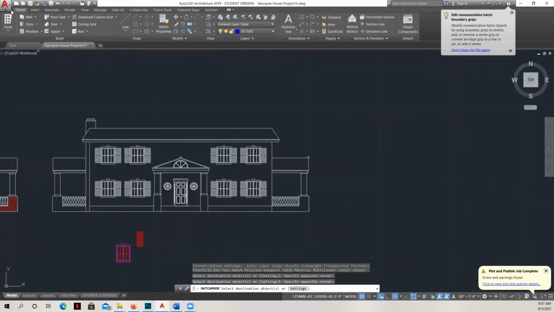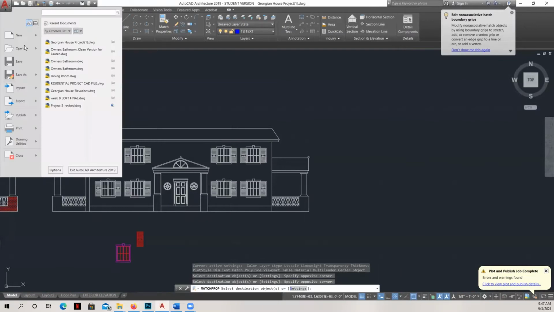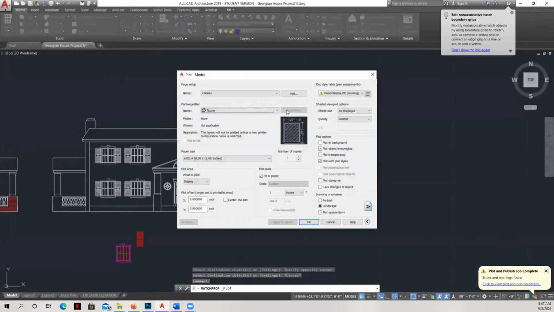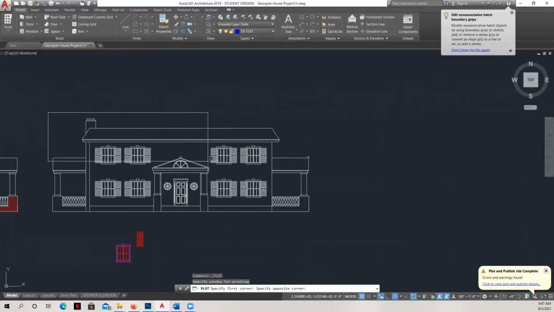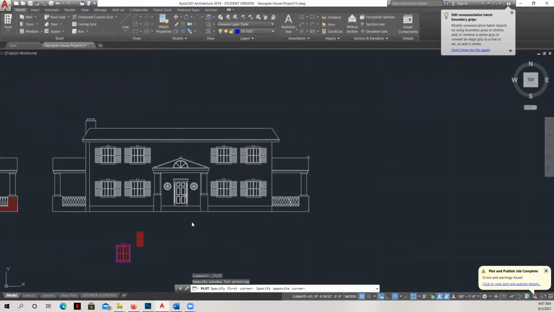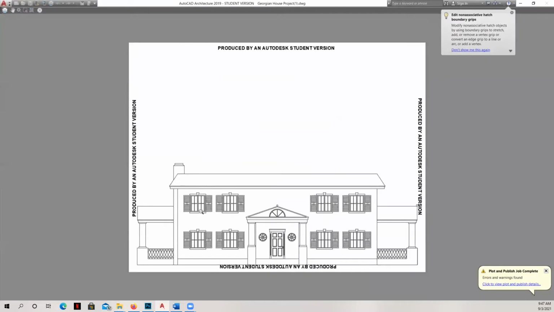So once you have that done, all you need to do is go ahead and plot it. And so you can just set up, I usually just do an Adobe PDF, and I create a window. And then this is almost ready to go.